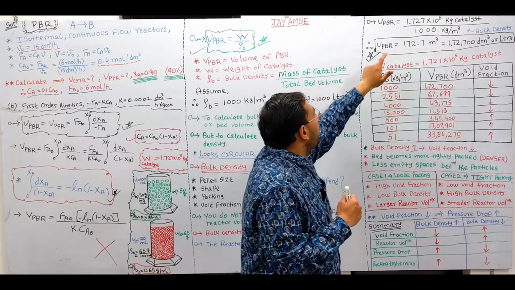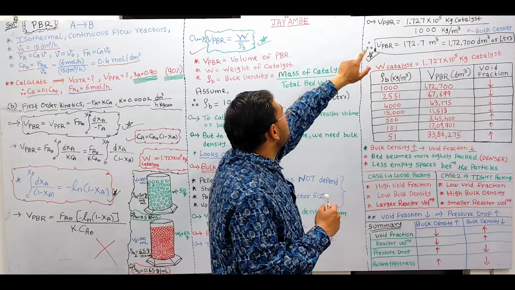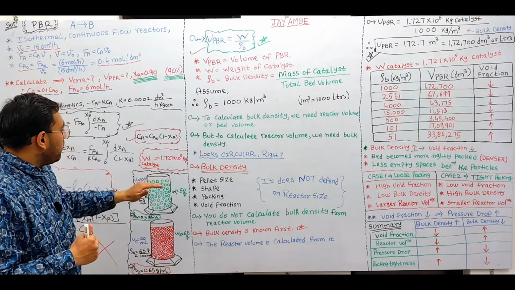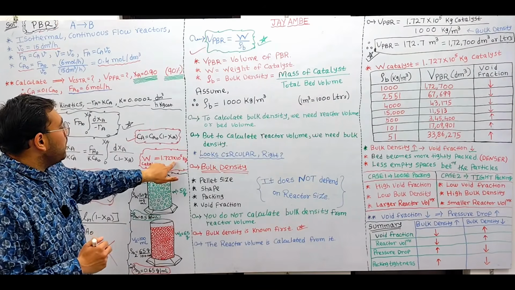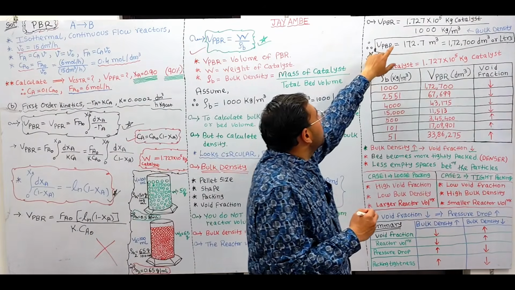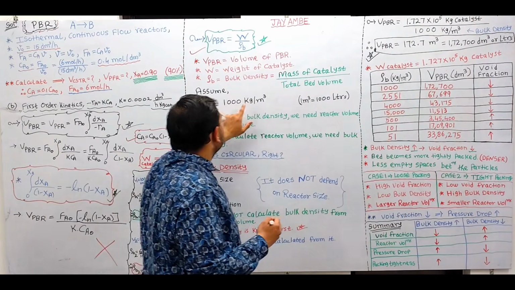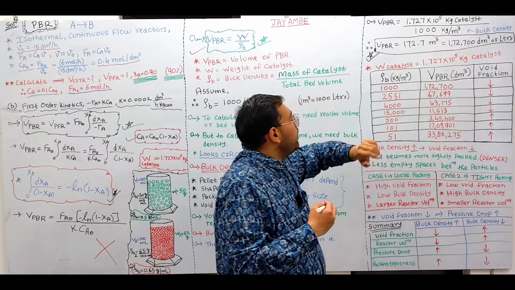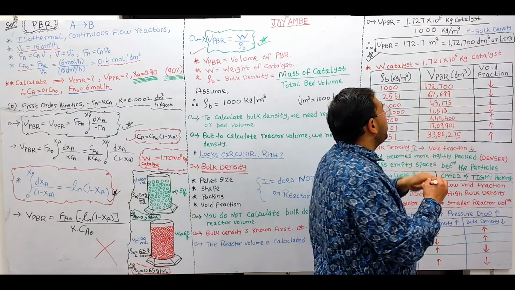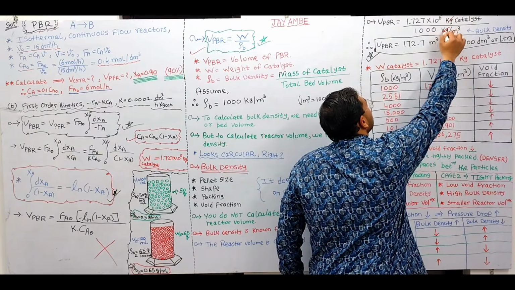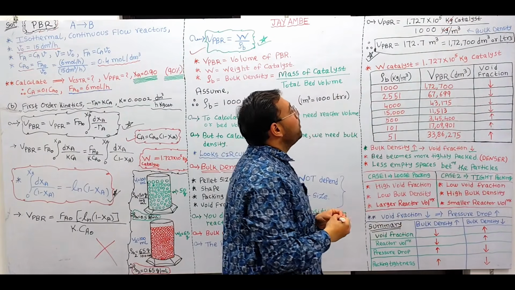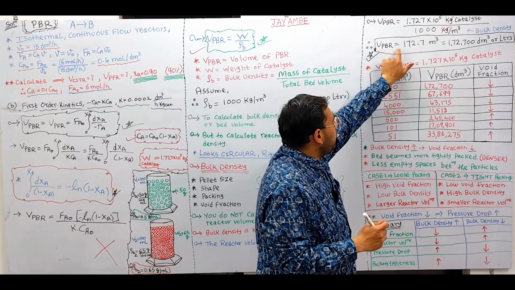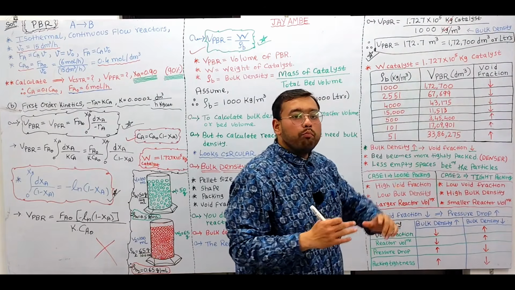Let's calculate. The volume of the packed bed reactor is equal to the weight of the solid catalyst divided by the bulk density. So the weight of the solid catalyst, 1.727 × 10^5 kg of catalyst, divided by the bulk density, which is 1000 kg per meter cube. From numerator and denominator we can cancel off kg, and we remain with cubic meter. So after calculating, we get the volume of the packed bed reactor equal to 172.7 meter cube,